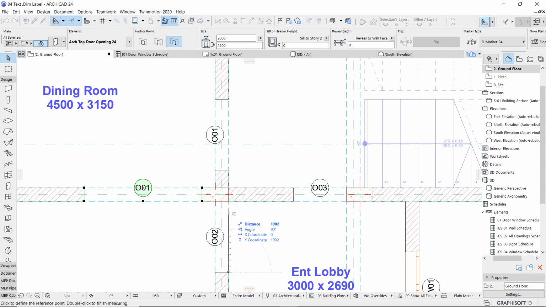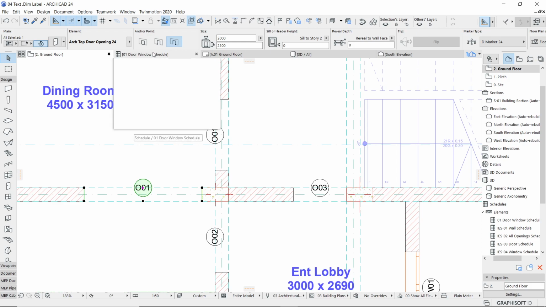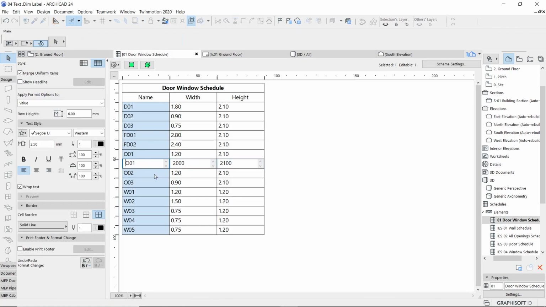For example, if you check this, it's 1200 and even this is 1200, which you can identify in your schedule also. So I'll go back to the schedule, and here I'll check that O01 is 1.2 and O02 is also 1.2.